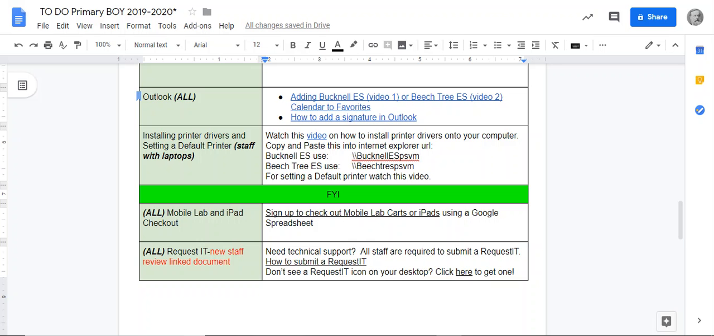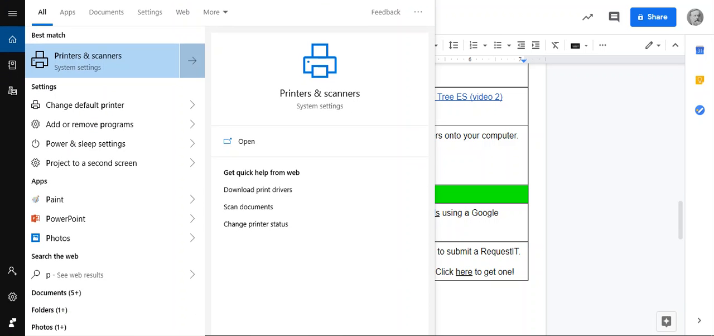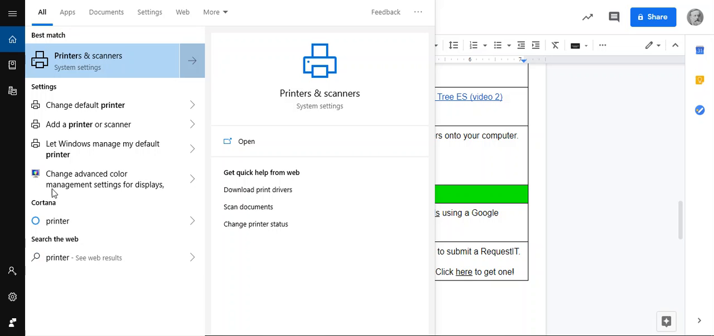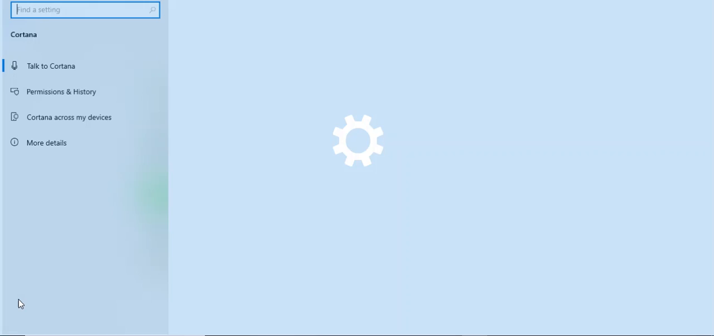Hello everyone, this tutorial will show you how to set your default printer. So you can do it several ways. You can either come to the box and type in printers, and it'll pull up printers and scanners, or you can go to